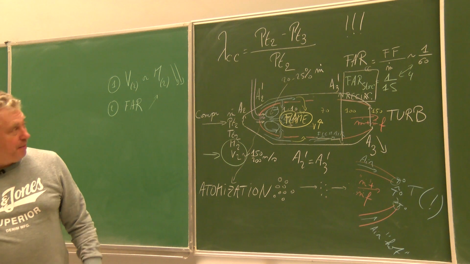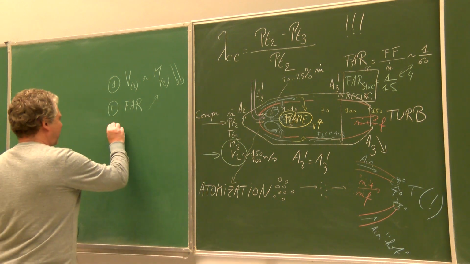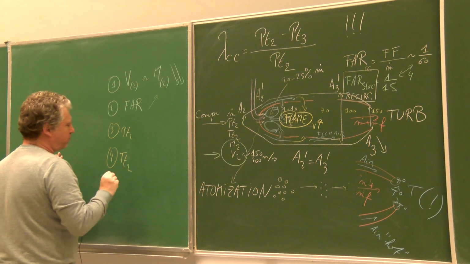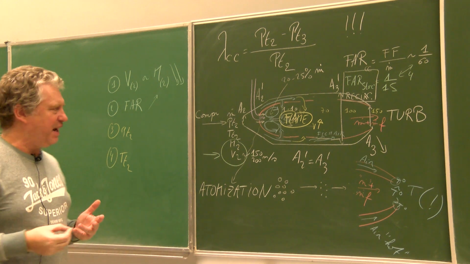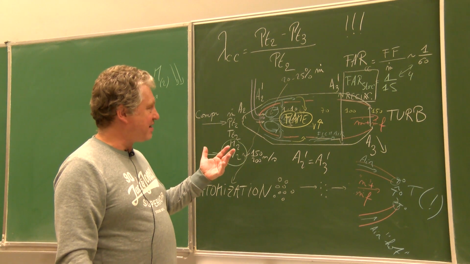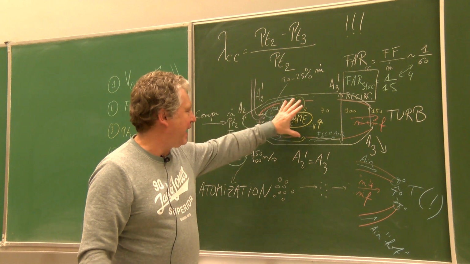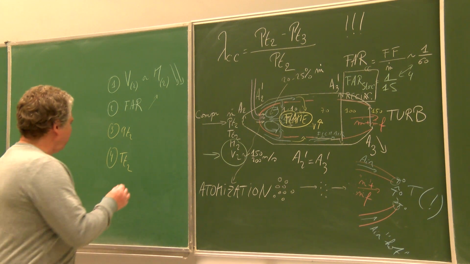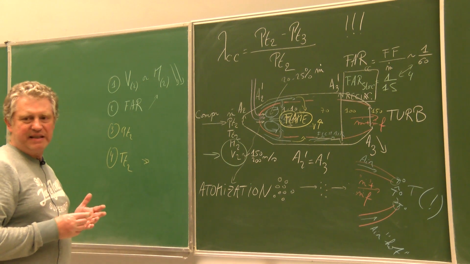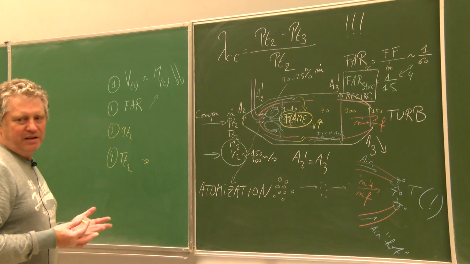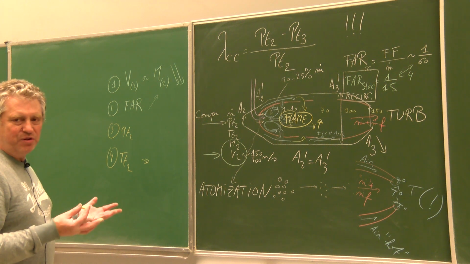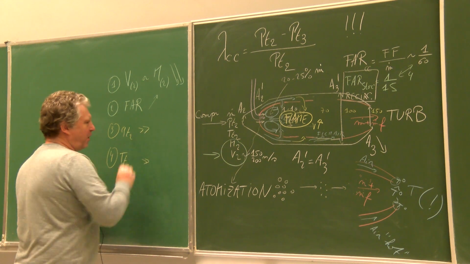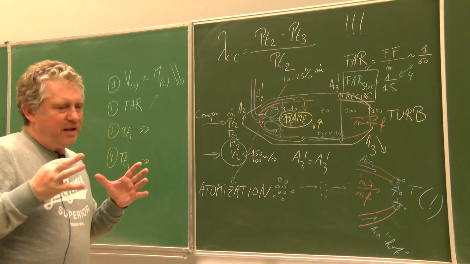But there is still a problem also of what I have noted there, a third problem and a fourth problem, which is the PT2 and the TT2. Of course, you will need to vaporize the liquid fuel so that you are getting a gaseous mixture. It is better to have the TT2 that is as high as possible, because the higher the TT2, the lower the time you need in order to vaporize the fuel. What about the PT2? The PT2 must be also high, because it will give you a very